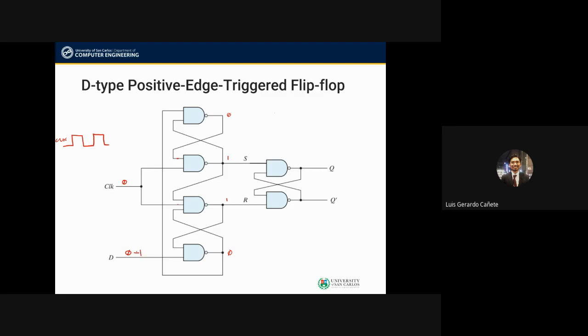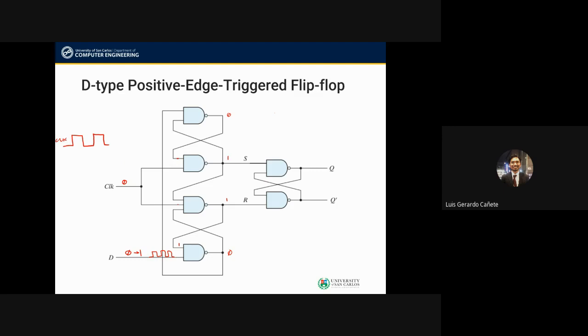Is that change going to be visible here? So remember that this is already a 1 waiting here. So even if we transition this from 0 to 1, the value here is not going to change, right? So even if you toggle this as if it were a clock, if I make this do this,